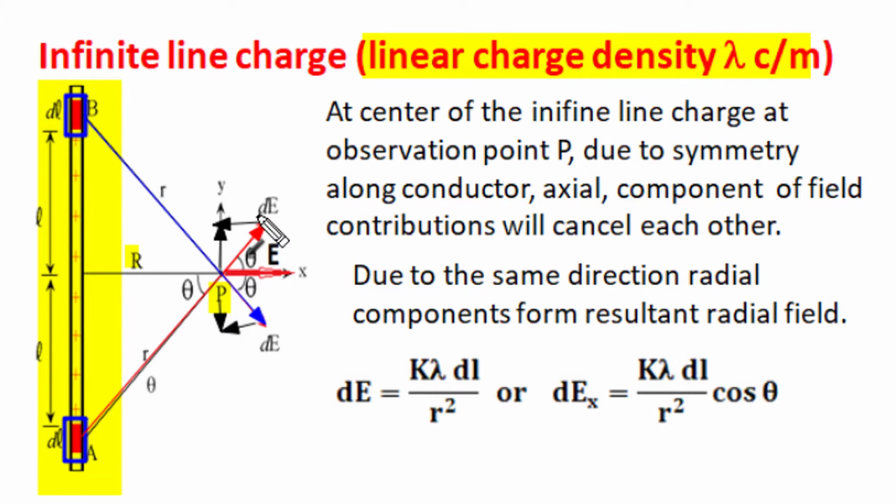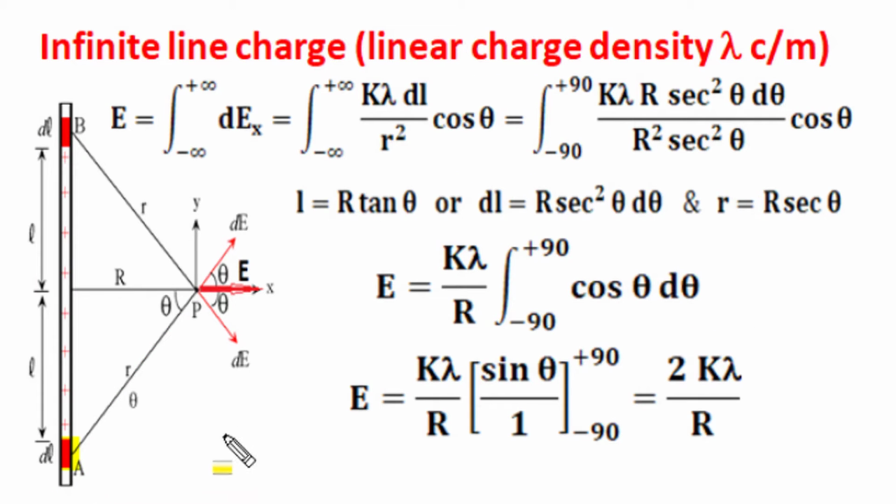But those components of electric field which are along this perpendicular bisector radial line, we call this line the X line, all come in the same direction. So due to the same direction, we can say the resultant electric field of this uniformly charged line is the sum of these radial components. So elemental length dl at position A having charge lambda dl produces an electric field component dE at a distance r in radial outward direction equal to k lambda dl over r square, and its component along this perpendicular bisector line is called the dEx component.